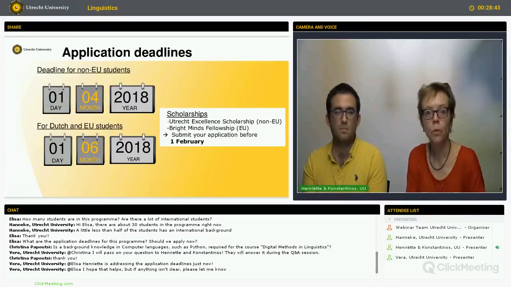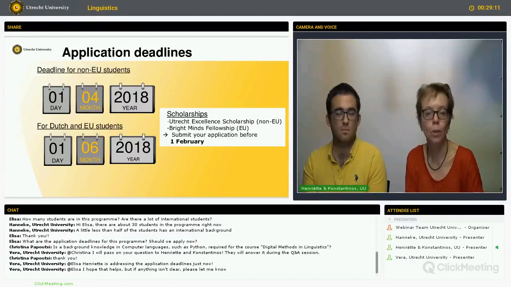There are possibilities to apply for scholarships. There are two types of scholarships. There is the Utrecht Excellence Scholarship for non-EU students, and there is the Bright Minds Fellowship for EU students, including Dutch students. The decision on those scholarships will be taken very early. So if you want to apply for either one of these fellowships, you have to submit your application before February 1st.